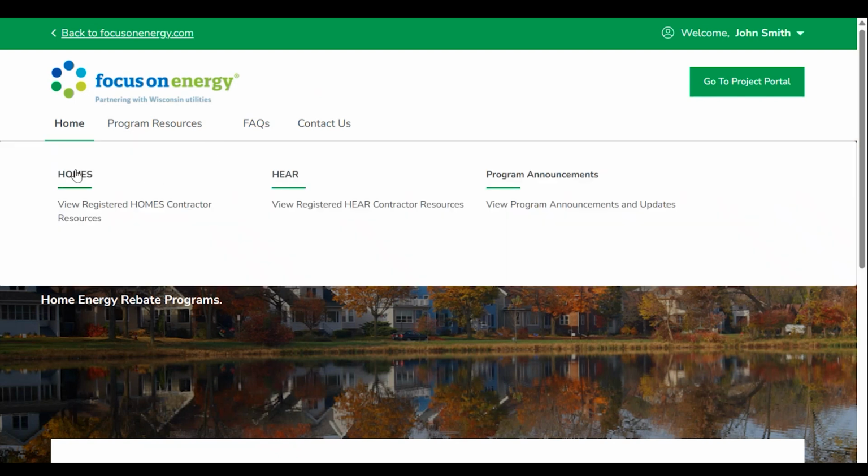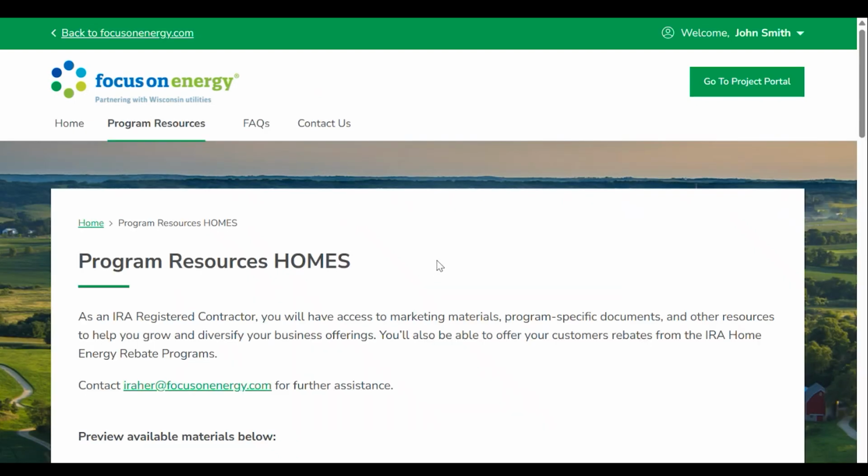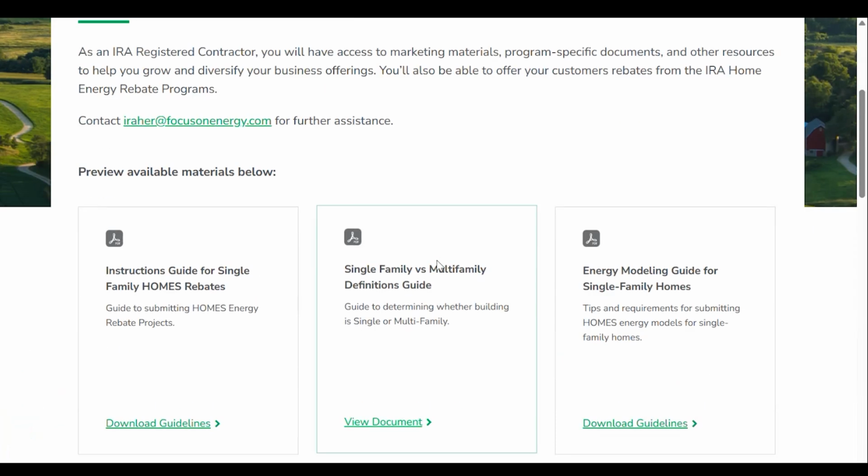All right, now we are going to click on the Homes tab. Again, this will have all the resources that you need to submit your homes project. We have our instruction guide for single family homes. We have our single family versus multifamily definition guides, our energy modeling guide for single family homes. And then if we scroll down,